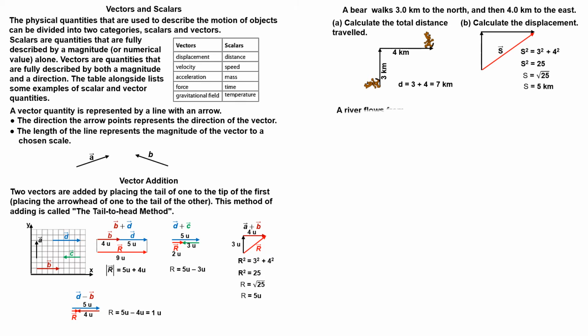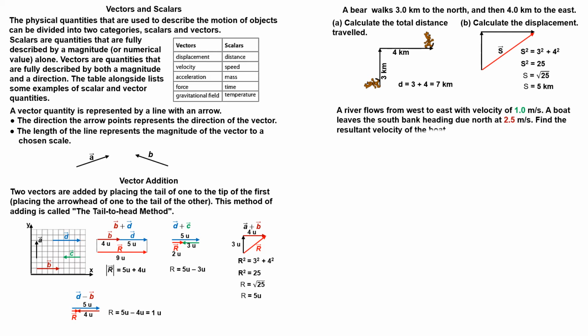A river flows from west to east with a velocity of 1 meter per second. A boat leaves the south bank heading due north at 2.5 meters per second. Find the resultant velocity of the boat. The boat is attempting to cross a river. It wants to cross directly to the opposite bank, but the current moves the boat sideways